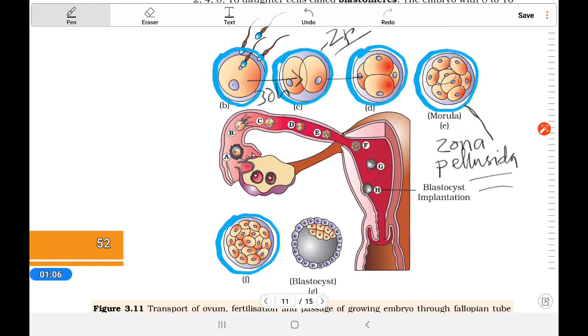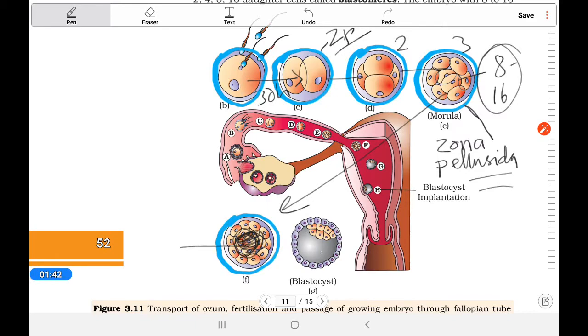On the second day it turns into the 4 cell stage, and on the third day it's the 8 to 16 cell stage, which is called morula. This morula can further divide into many cells, and here you can see inside